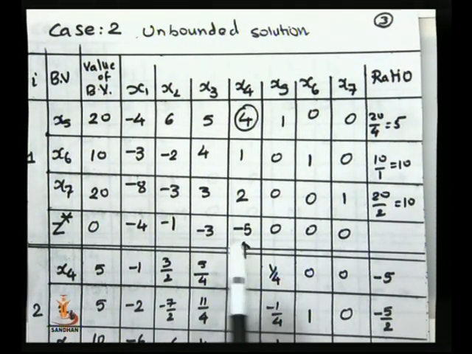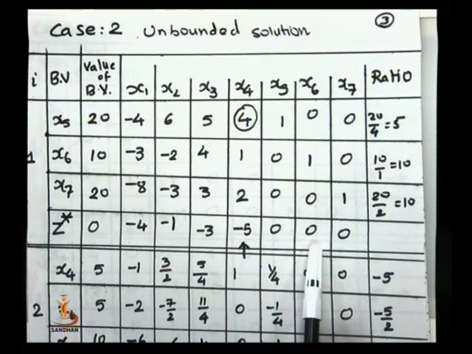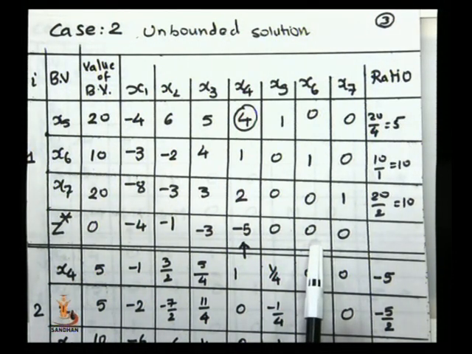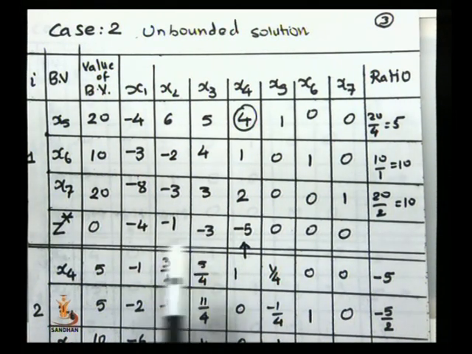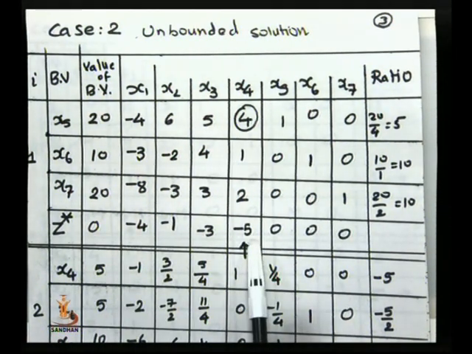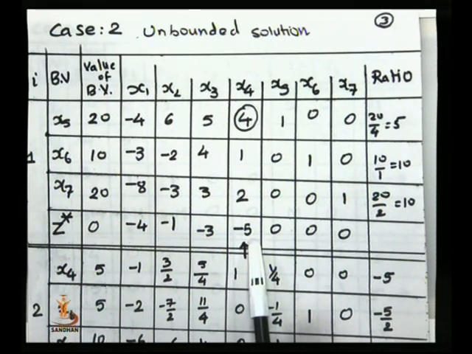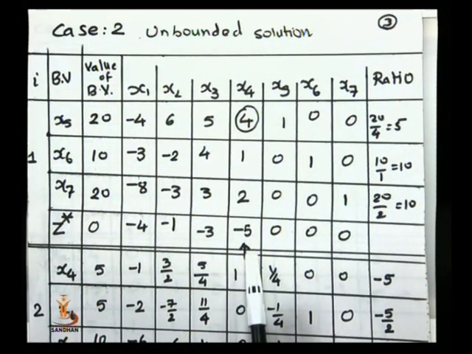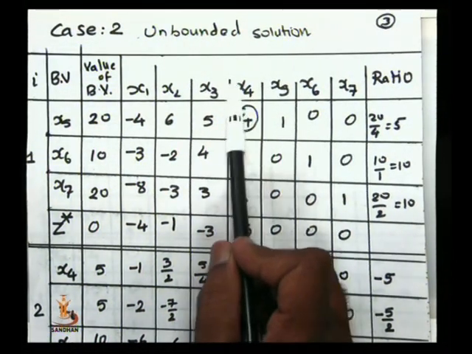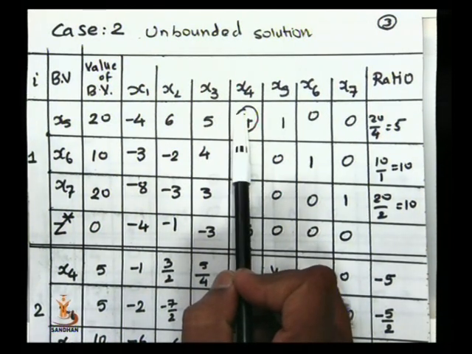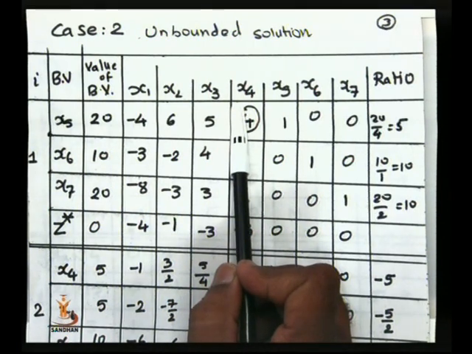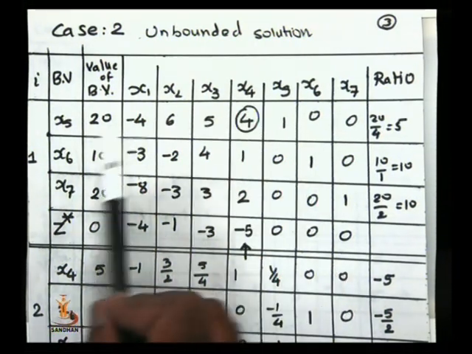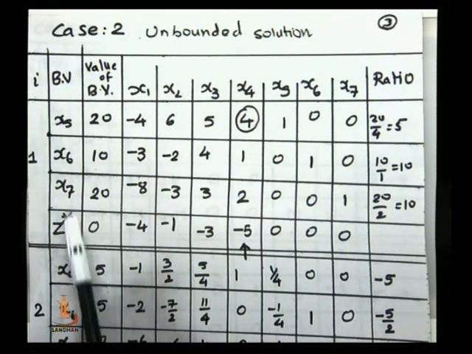If all values are non-negative, it is the optimum solution, but it is not so. Here minus 4, minus 1, minus 3, there are so many negative values, out of which minus 5 is the most negative. So the x4 column is our key column. So x4 is our next variable which will enter into the basis. It is called the incoming variable.